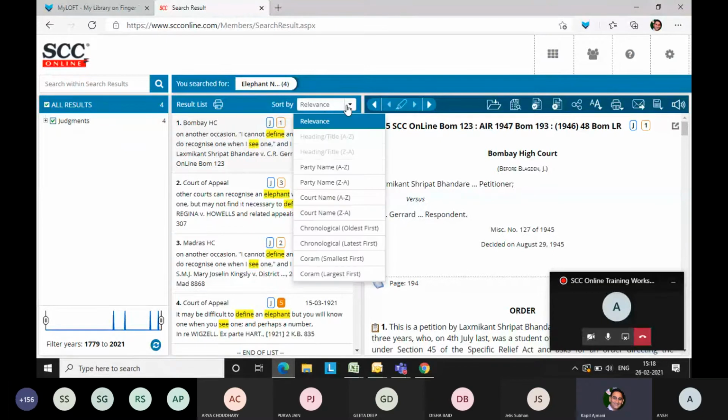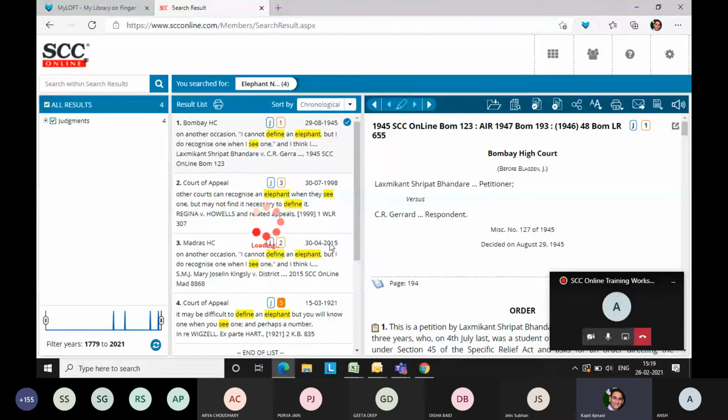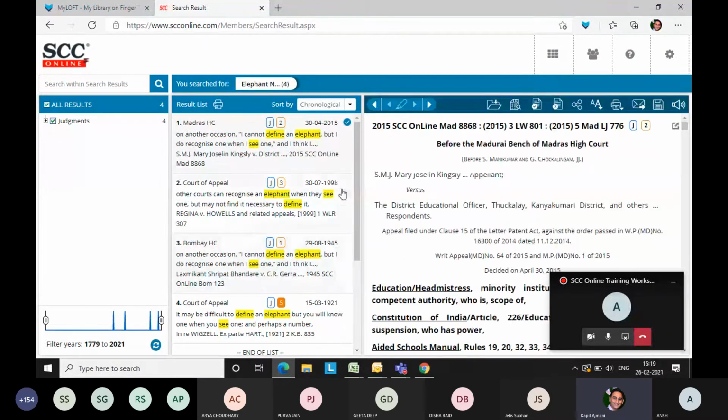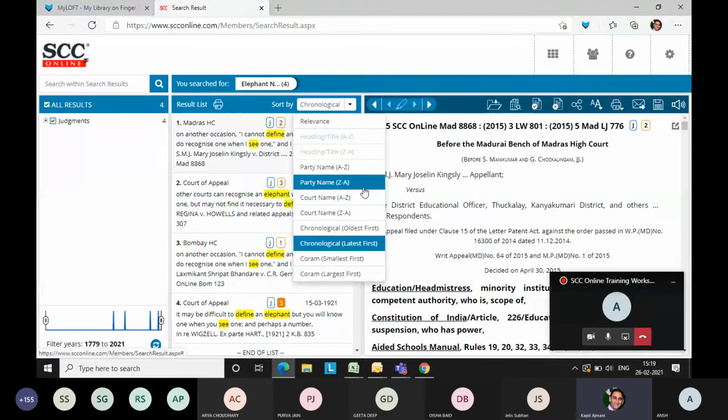I think these features are also covered. In the mid pane, if you are looking for some relevance like party name, court name, chronological first, here if you see, you want to see what is actually the latest judgment in this aspect. So I have to click on this chronological latest first. Earlier we were having a 1945 journal. If you see, 2015 also, this reference has been quoted in a judgment. So if you have got some search, there are various judgments which are coming. If you want to see maybe the latest one, what is coming from the Supreme Court, then you have to click on chronological first, and you are done.